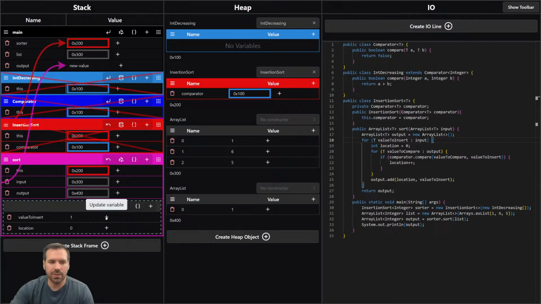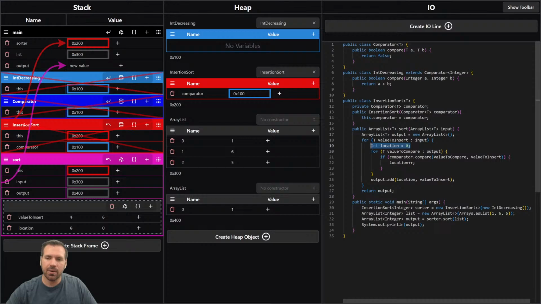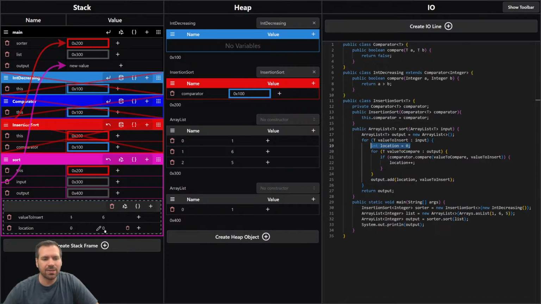So value to insert is going to get reassigned to the next value of input, which is 6. And then location equals 0. I know it's silly, but we will cross out the 0 and write a new 0. Technically, what's happening here is we're getting a brand new variable being declared. That's a little awkward to show in a memory diagram. And I think this is the first time it comes up, declaring a variable inside of a loop. We're going to just treat that as reassignment in the